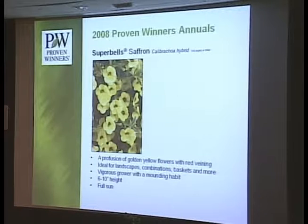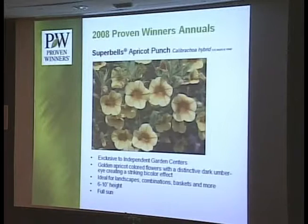And the saffron has a little bit of a red center. Full sun. These like full sun. And the apricot punch is exclusive to independent centers. We try to help the independent gardens, and that's kind of how Proven Winners really got out there, is with